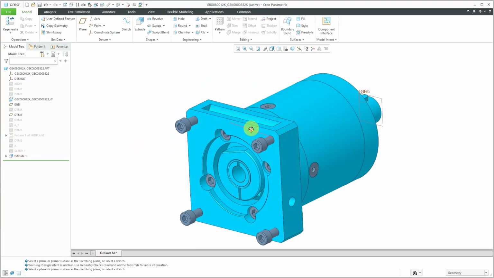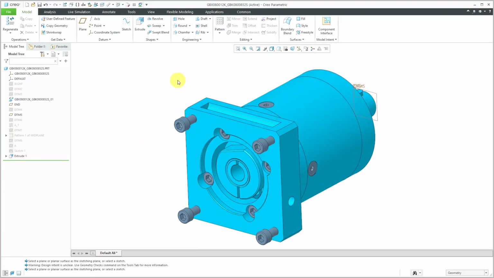So that's another reason why datum planes are a lot less necessary in the newer versions of Creo Parametric compared to the older versions. And one rule of thumb that I give people is that you really only should create datum planes if they're needed for more than one feature. You can create them at the top level. And if they're only needed for one particular feature, then it should be created as an embedded datum inside of